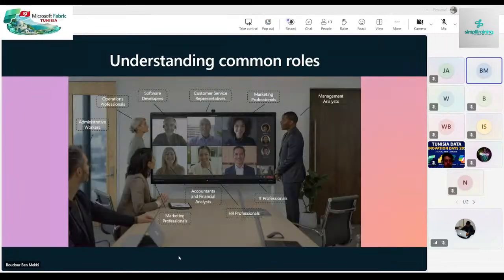Some of the common roles that are considered here in our scenario, as you can see, all cross-functional professionals are included, either for management, marketing, IT, HR professionals, finance, operations professionals, also for developers. This is where